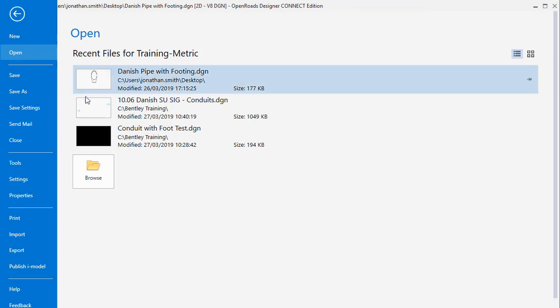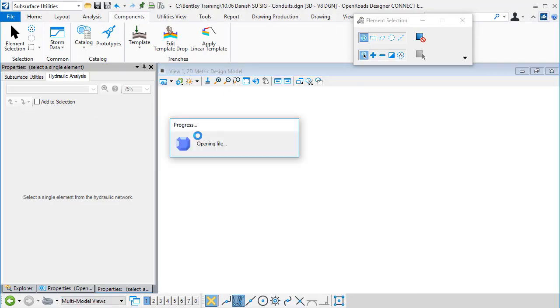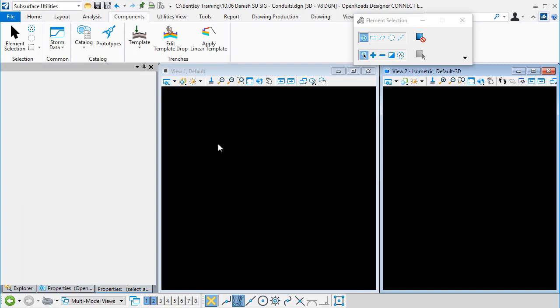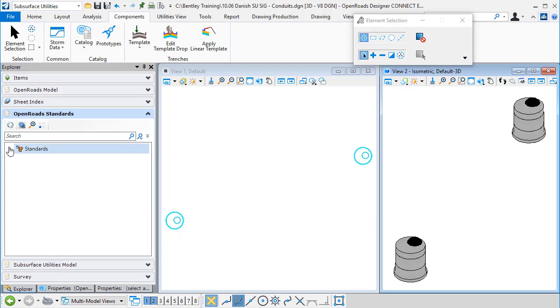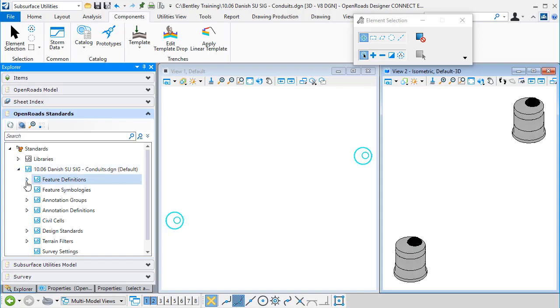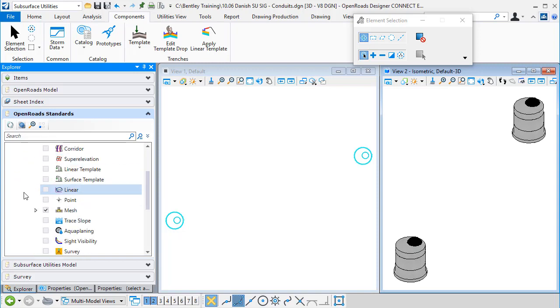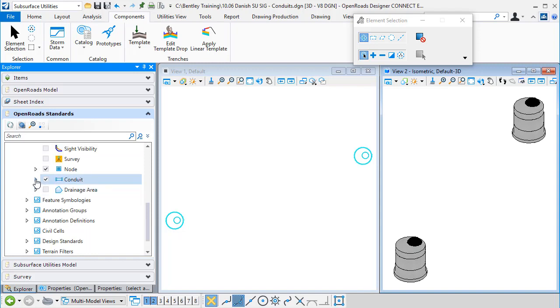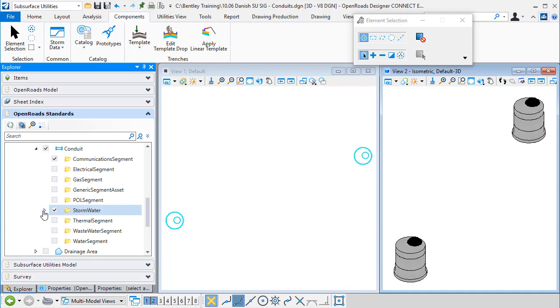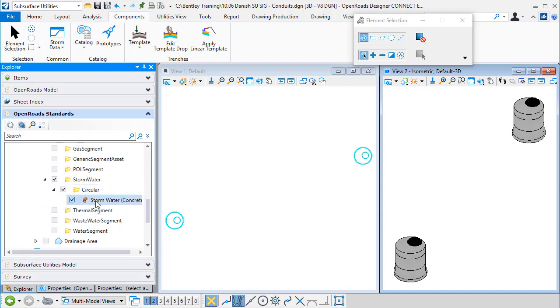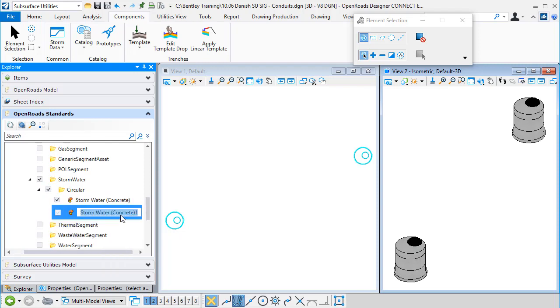Having created the template, I'm now going to change to the DGN where I actually want to place the conduit. And I need to edit a feature definition. Now I'm working in the active design file here, but if this was a feature definition I want to use repeatedly, I'd be better to create it in the DGN library. So under feature definitions, conduit, stormwater, I've got an existing feature definition here which I'm going to make a copy of, and I'm going to rename this